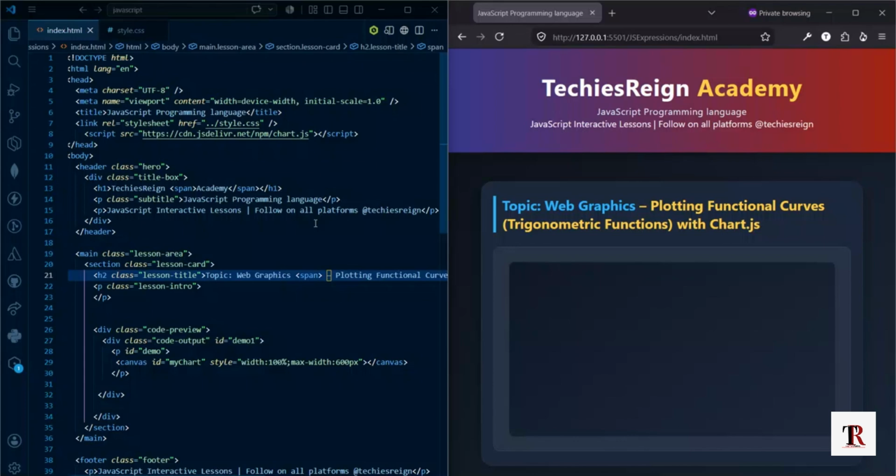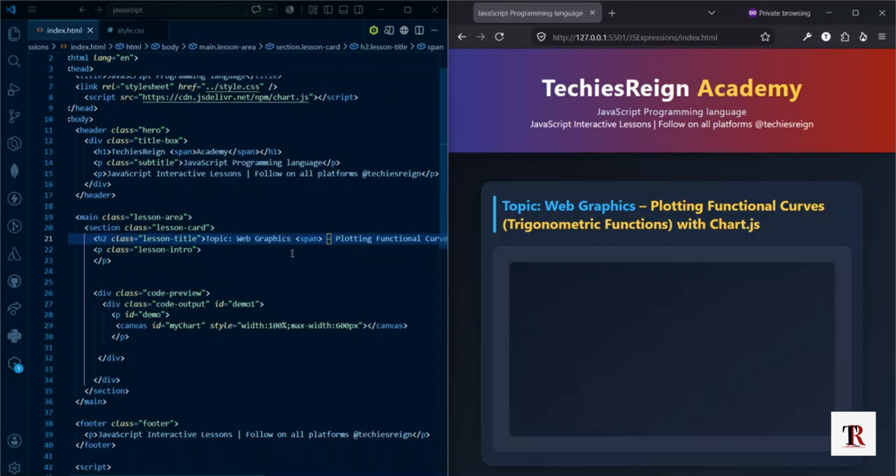rise and fall of a wave, because wave curves have smooth transitions. So we can combine our data points with the Chart.js tension property to make the resulting graphic look incredibly smooth and natural. So let's move into our code and start writing the first line of code that we need in